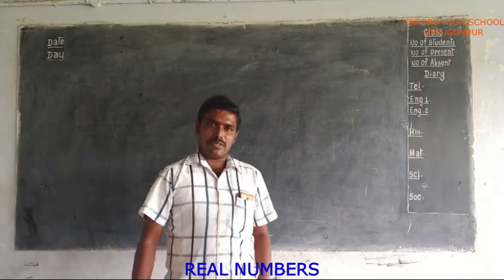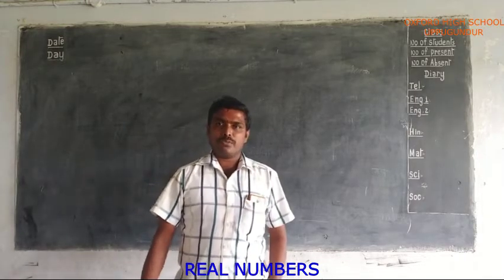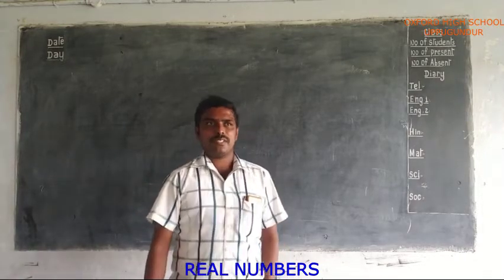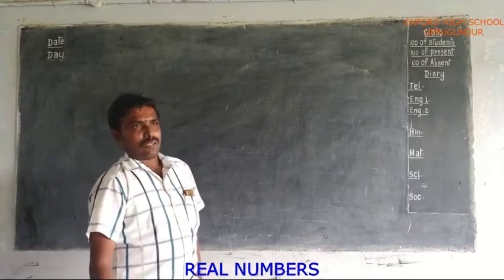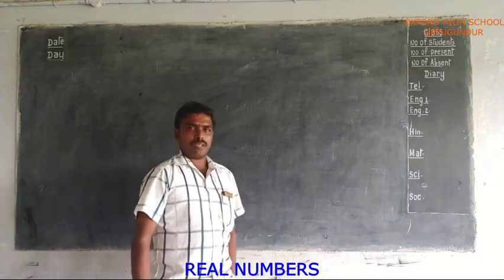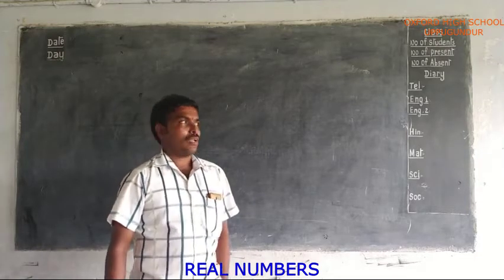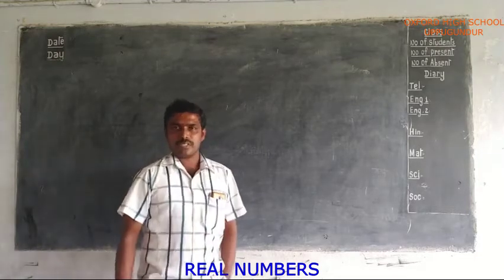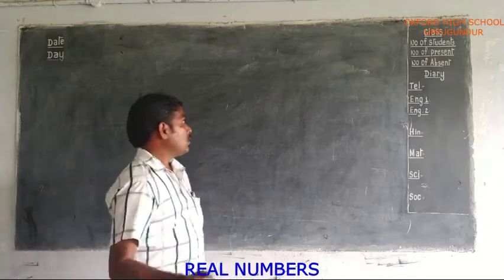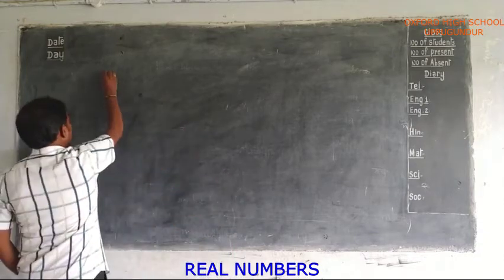What are rational numbers? In how many types can you write rational numbers as decimal forms? How can you say whether a rational number is a terminating decimal or not without actual division? All those concepts we will discuss in this video. So, first of all, what is a rational number?